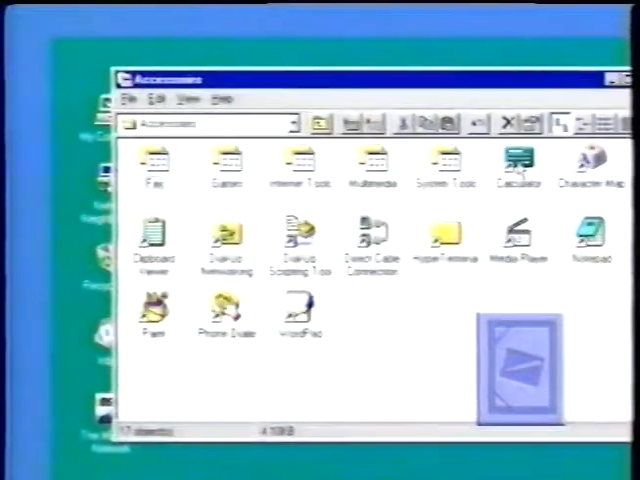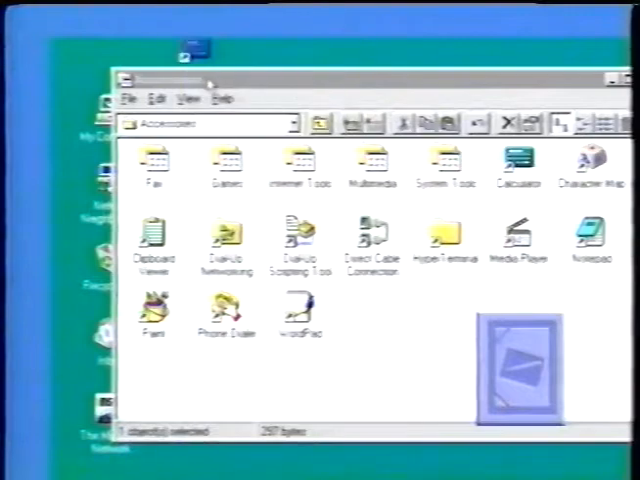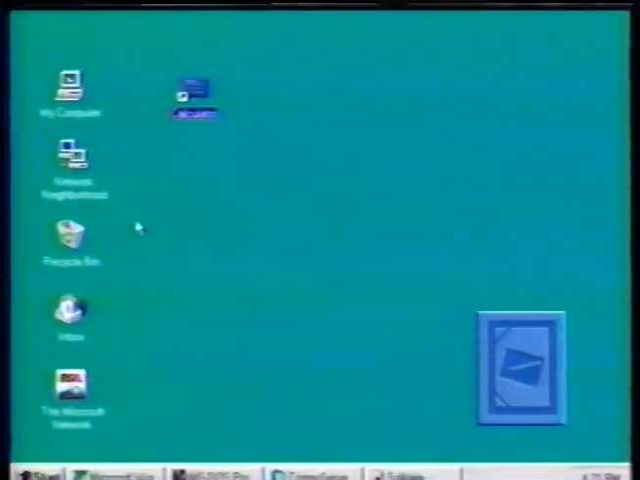Holding down the right mouse button, that's the right mouse button, drag that icon out onto the desktop like this. Release it. A menu appears. Choose the Copy Here option, and the calculator icon is now on the desktop. You can move it around by clicking and dragging it, or you can keep your desktop icons in order automatically